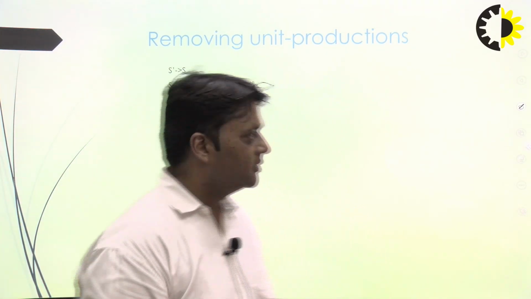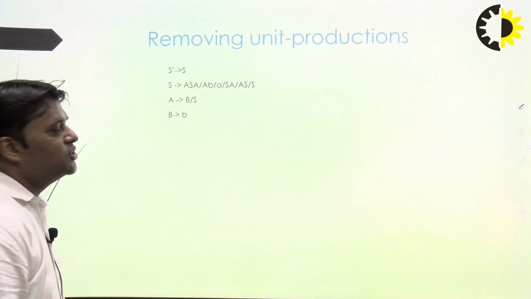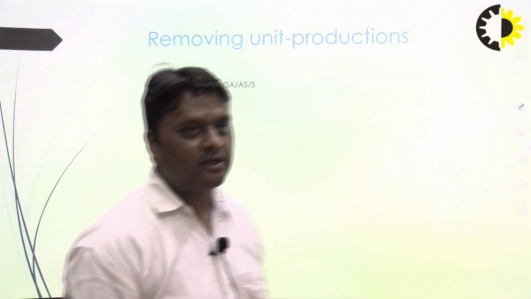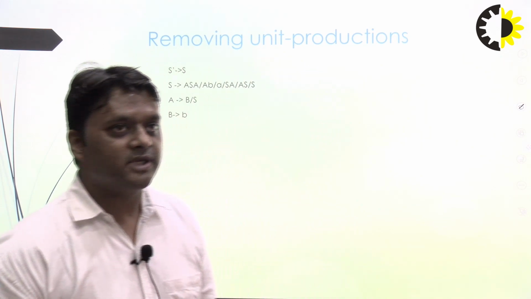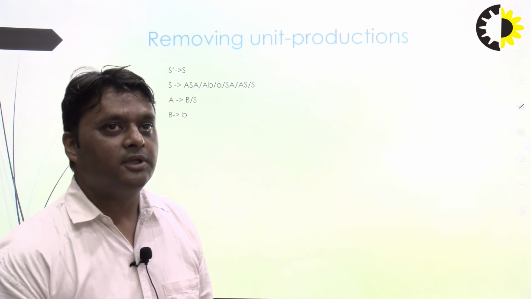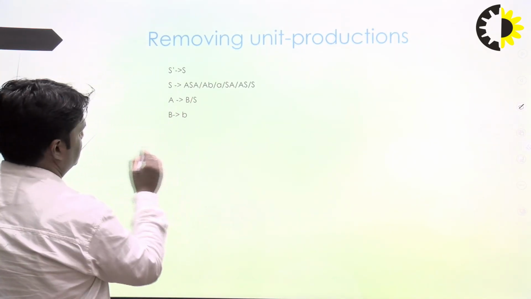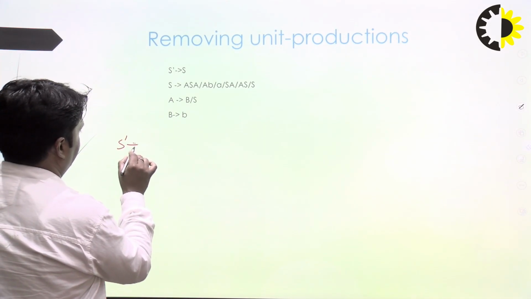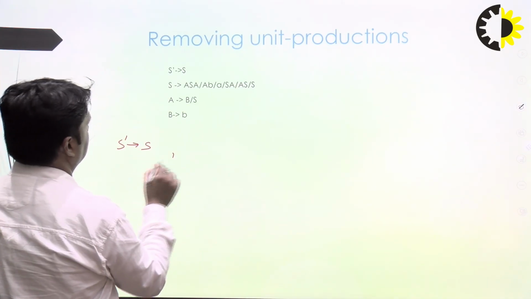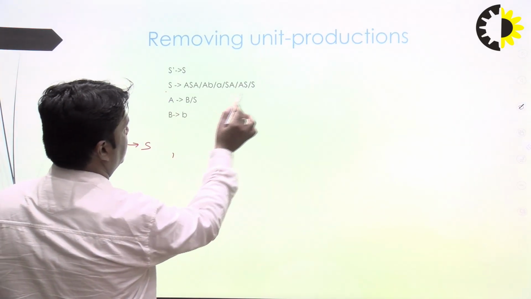Next step, remove unit production. We already removed null production. Now the second step is remove unit production. Here the unit productions are S' implies S, comma, S implies S,